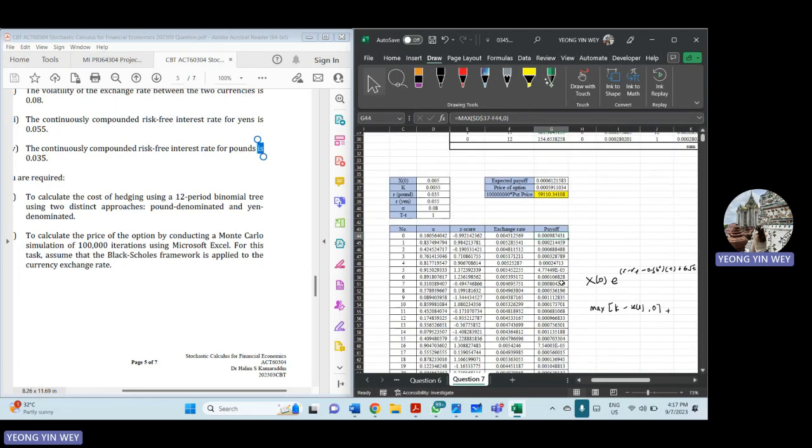Okay, after calculating all the payoffs, we will calculate the expected payoff by using the average of the payoffs. Then we will calculate the price of the option by discounting back to time 0 and times 100 million yen. So our price of the option is this answer,